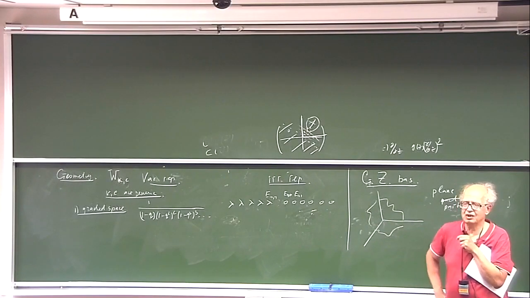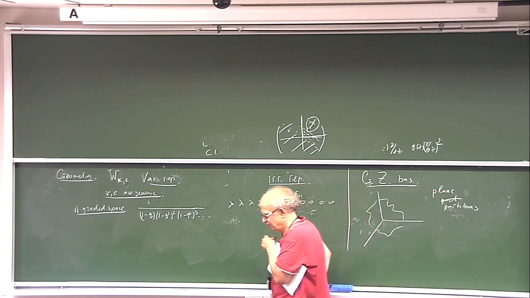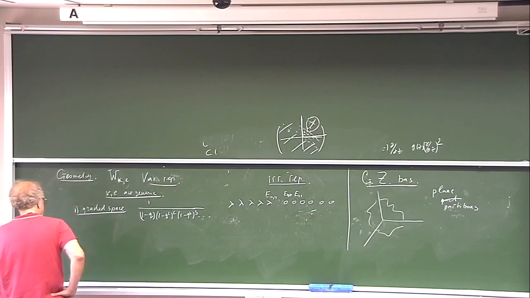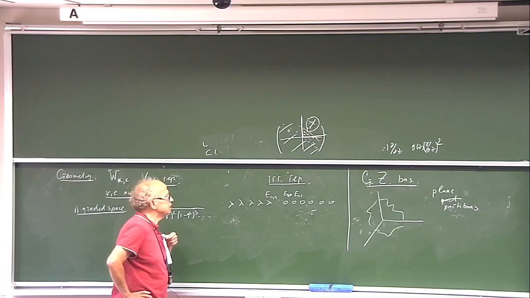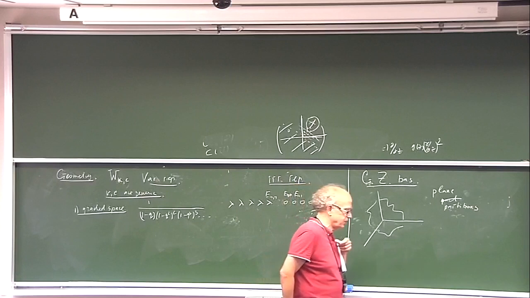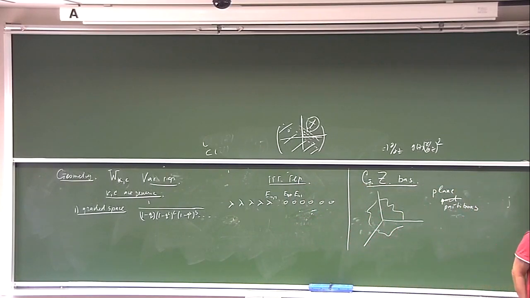Now, this basis is the basis which AGT people, or Nakajima himself and others, use, because geometrically this basis is connected with fixed points on the moduli space of something. But the best way to understand what this basis is, just think that this is a version of the Gelfand-Zeitlin basis.